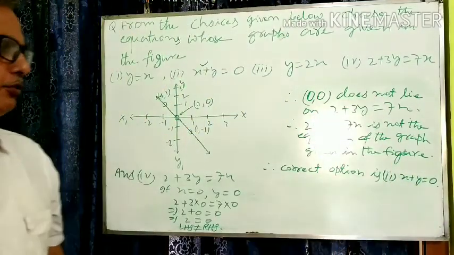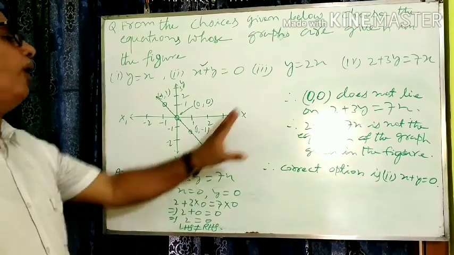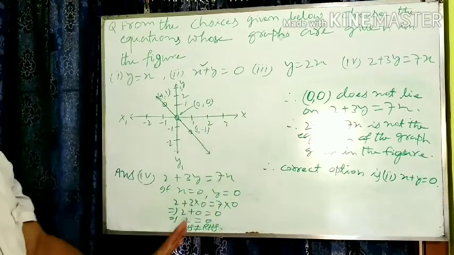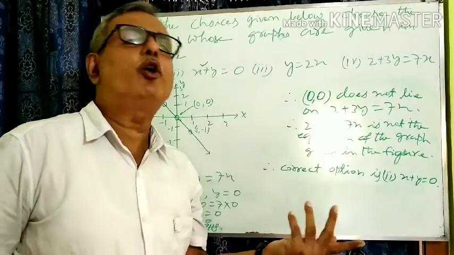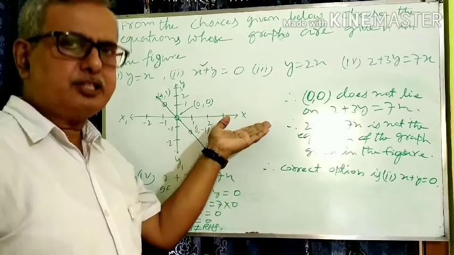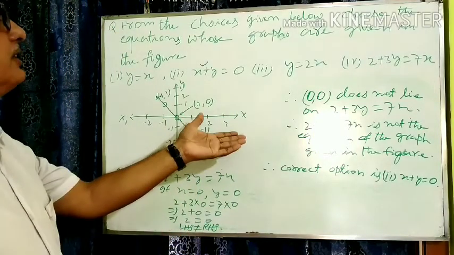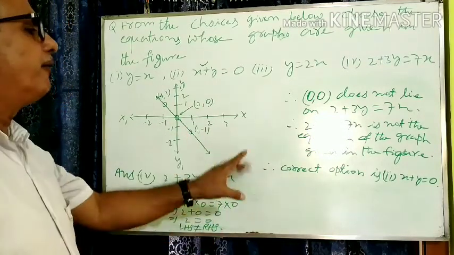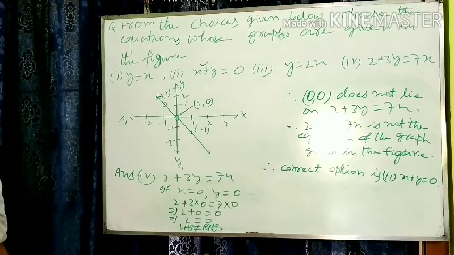My dear students, in the examination what happens? Sometimes the students are doing all these calculations in the rough, and in the last he or she is writing the correct option is this much. Then also you will get the same marks as you are doing in the main answer script. So it is up to you whether you calculate all these things directly along with the question answer, or you do in the rough and you write the answer here. Anyway, I hope you understood.